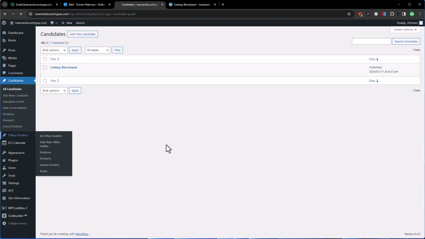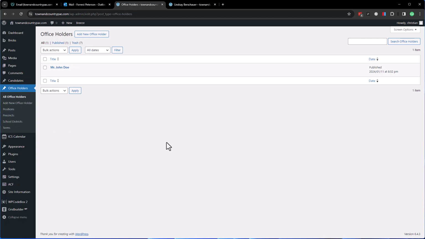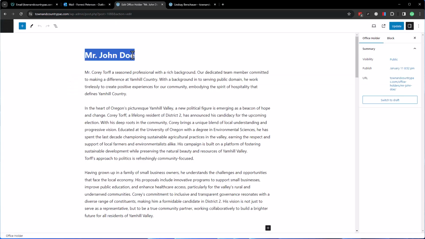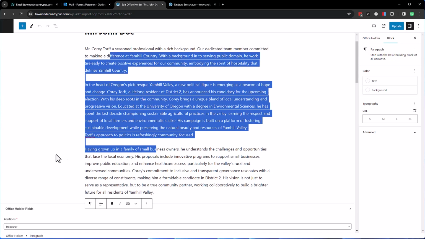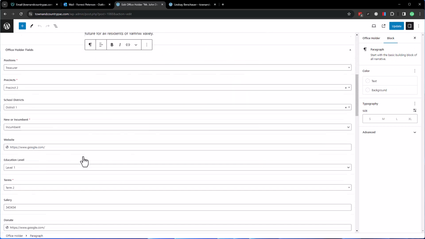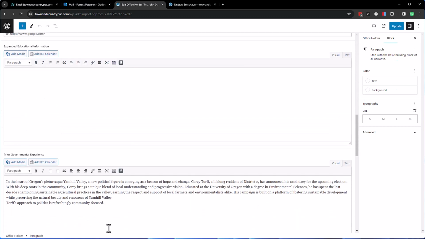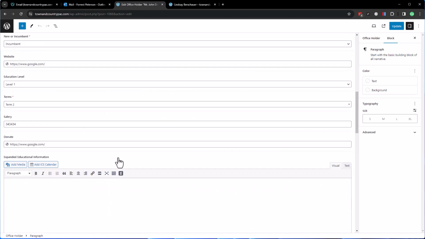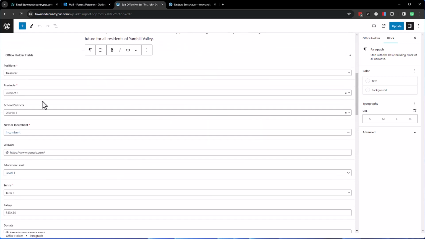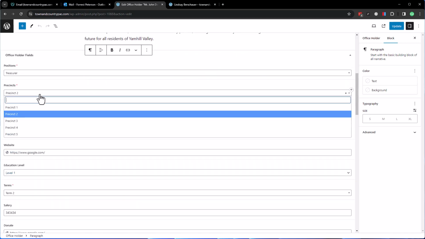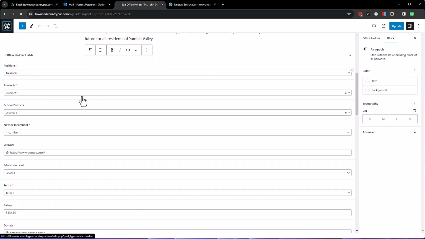The same is true for office holders. The way I exampled editing your single candidate is the exact same way you edit office holders. Their title, their bio, their secondary information, their bottom information, and if you want to edit the available options in these drop-downs, click the W,